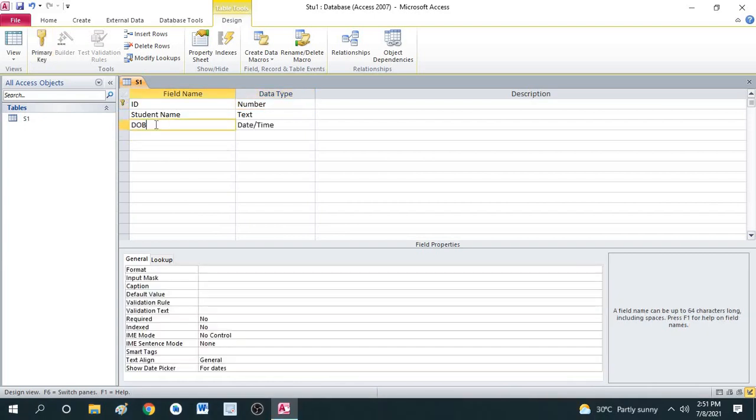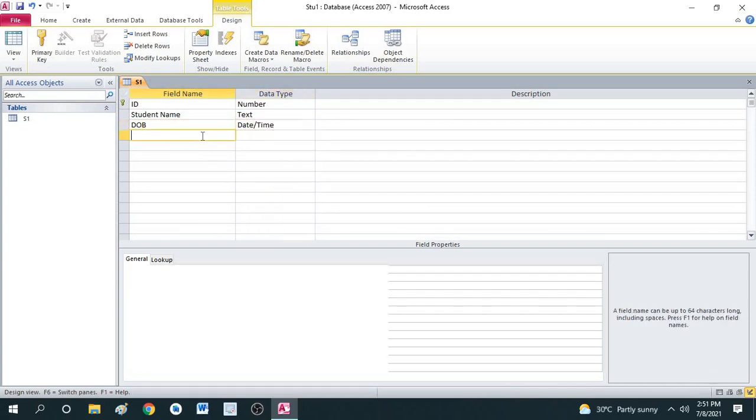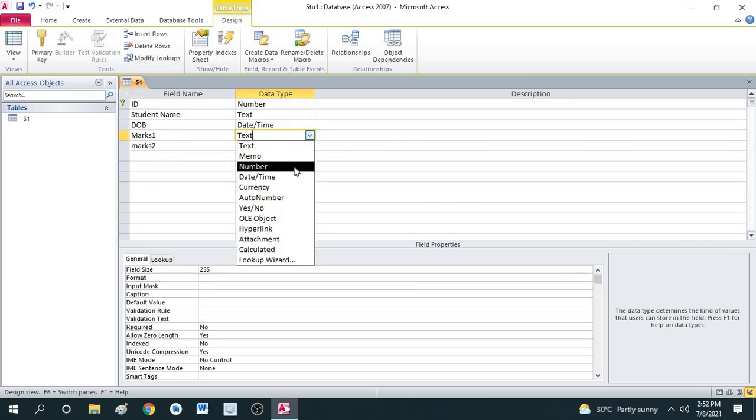Next field I have taken as date of birth. For this data type you can choose date and time. Next you can take marks 1, marks 2 in the text, or you can change it to number.